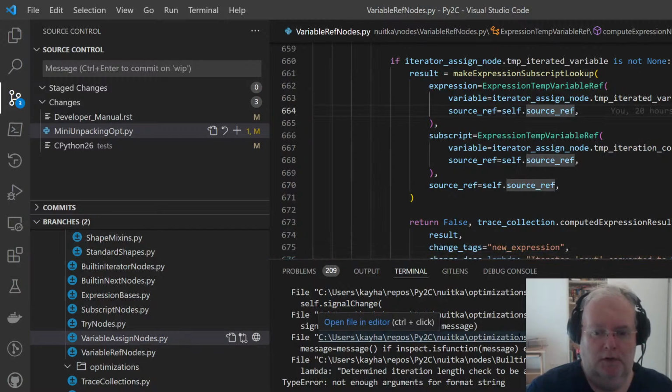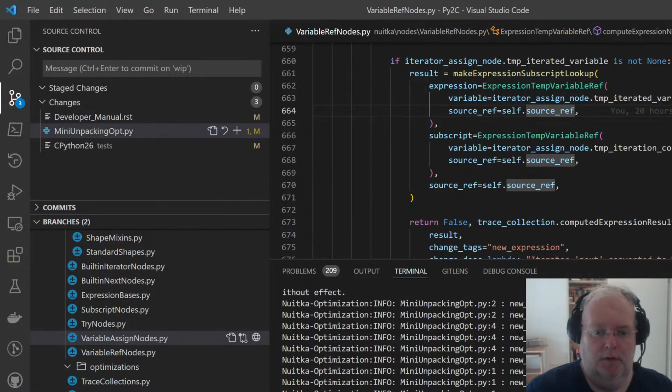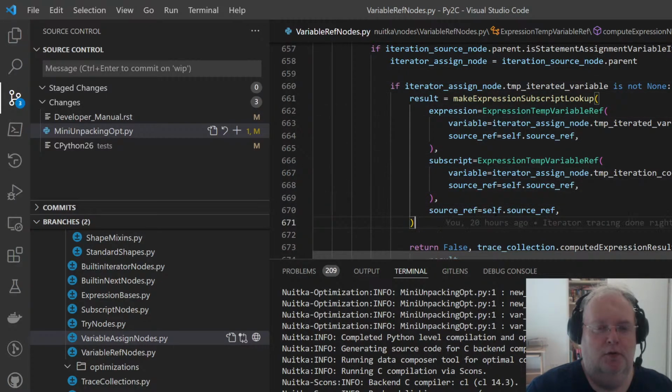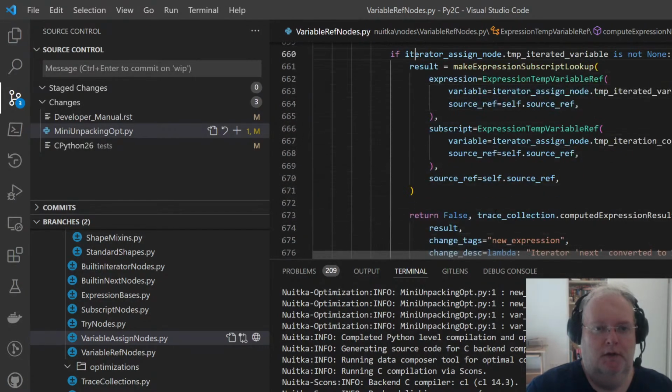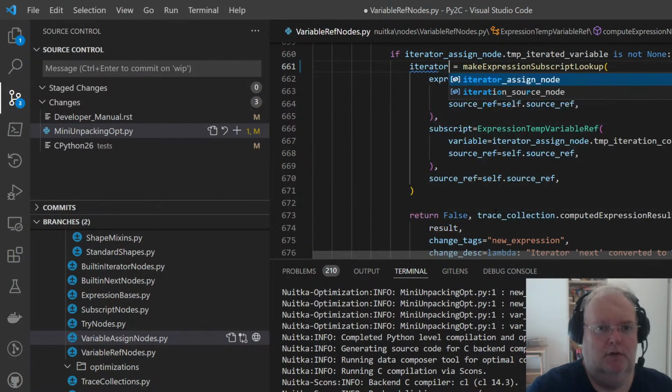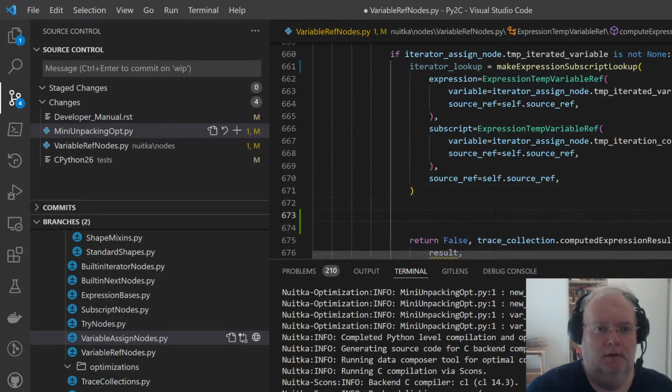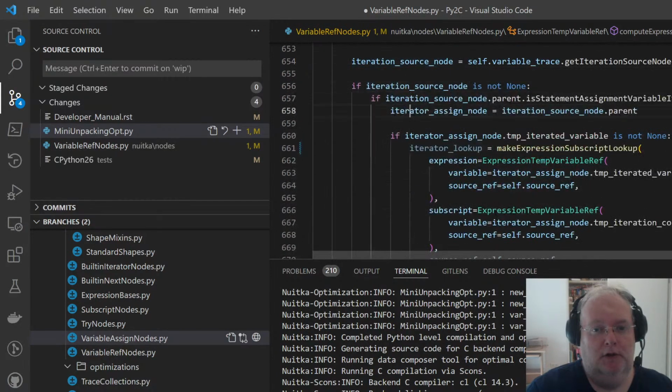I think if I do this, it says 2, we want to have it free. And then it's perfectly tested and fine. So this is not the result, it's like the iterator lookup. Then we need to allocate an iterator. We do not have one.